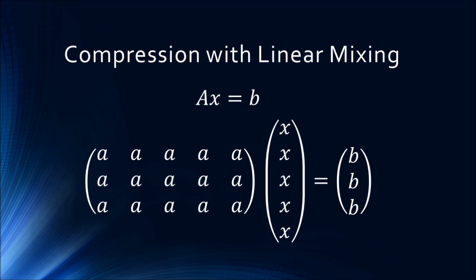So what good does this do us? It turns out that if you know that these X's are mostly sparse, you don't know which ones are 0. You don't have to know that ahead of time. You don't have to assume this one is 0 and this one is 0. It's not like that. But if you know that most of these are zeros, then this under-constrained system can be solved pretty reliably.